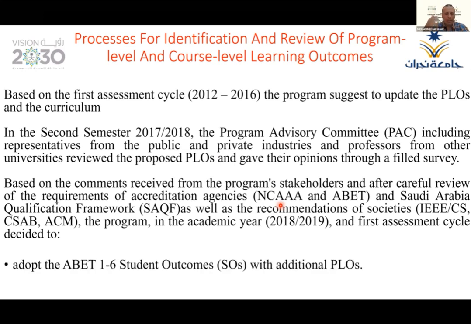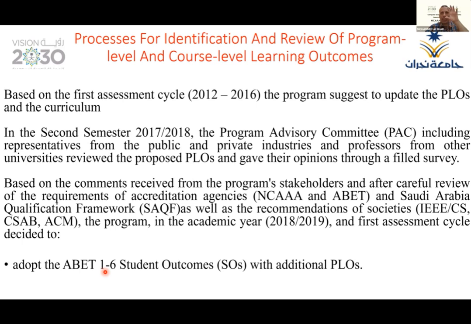So based on that, even when we find the comments that we received from the independent opinion or from NCAAA, they wrote it's recommended that you adopt the new ABET learning outcomes. However, we already adapted for the new plan, not for the old plan. So based on that, we adopt the new ABET 1 to 6. ABET, no more. They didn't say it's A to K or A to J. They considered 1 to 6.